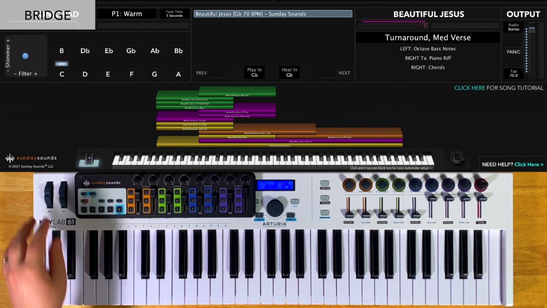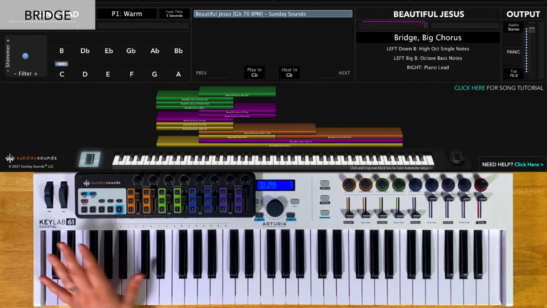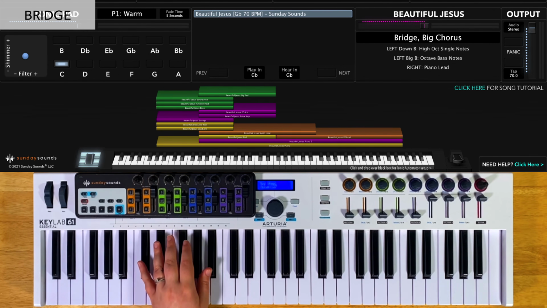For the bridge, we're going to have the song section control all the way up. The first time through the bridge is a down bridge. So what we're actually going to do is drop off the lower octave of the left hand and just play in this higher octave. Now in this higher octave at this position, you'll hear a high synth pad and piano